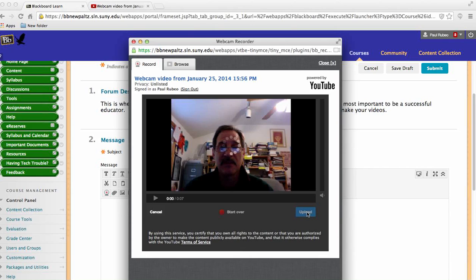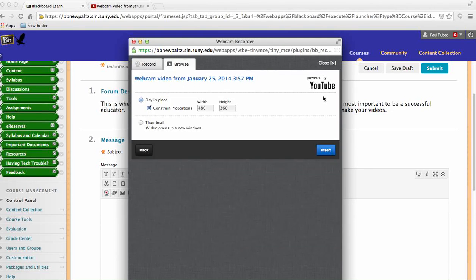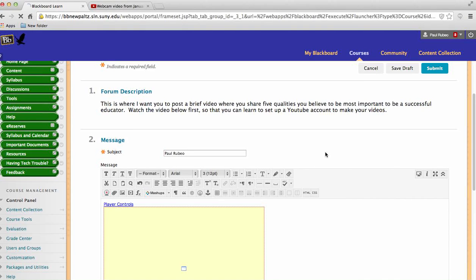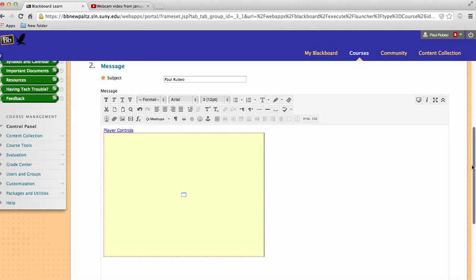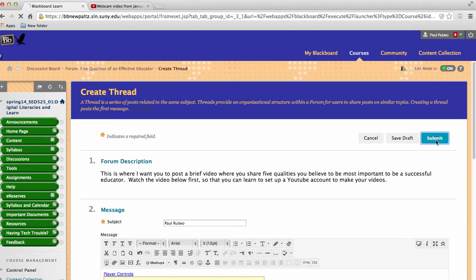Now when I click upload, it's going to upload it to that YouTube channel that I created. So all we're doing is accessing things. You've got two options here. If you keep it this way, it's a little bit larger in the window. If you click thumbnail, it's going to come out smaller. Typically you can use either one. It doesn't really matter, so I'm going to go ahead and click that one. Notice it comes in as a yellow block, which is just indicating that there's a YouTube block there. If I hit submit,